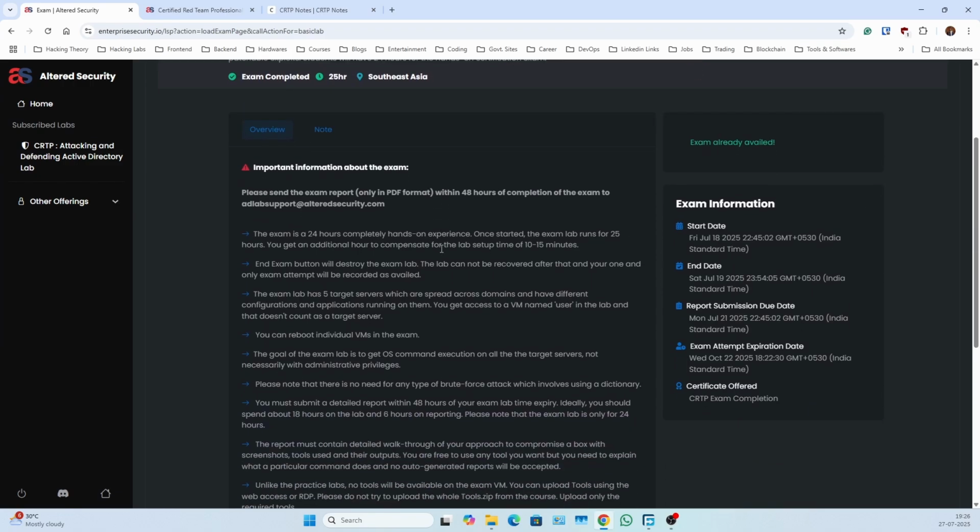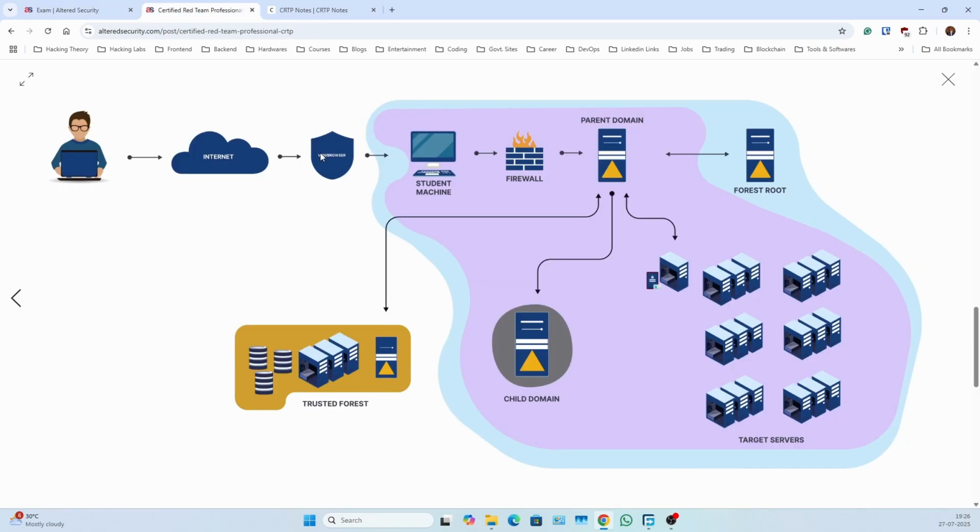So you don't have to worry about what servers I need to hack, because they will give you the names of the servers, or they will give you the names of the machines. So whatever you say it,